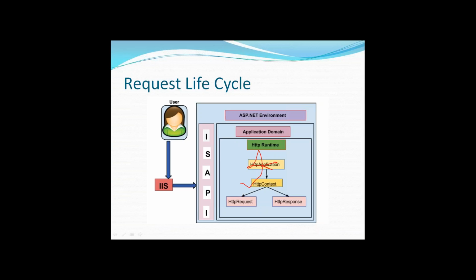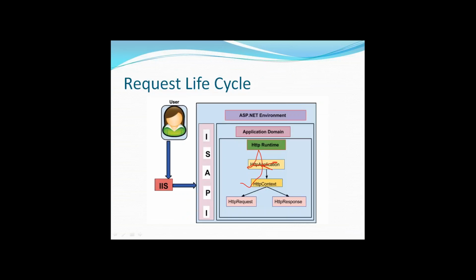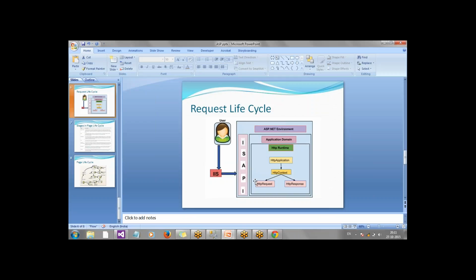Did we understand? Good. So each and every web page associated with a view of your application would be an ASPX file, and this would be tagged to a CS file associated with it called the aspx.cs file,